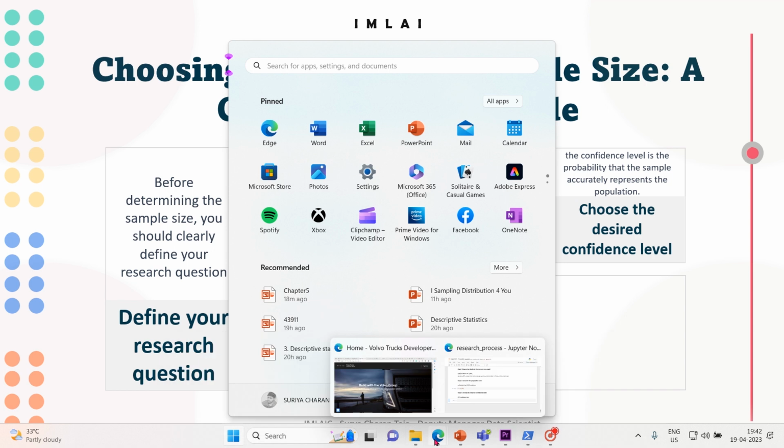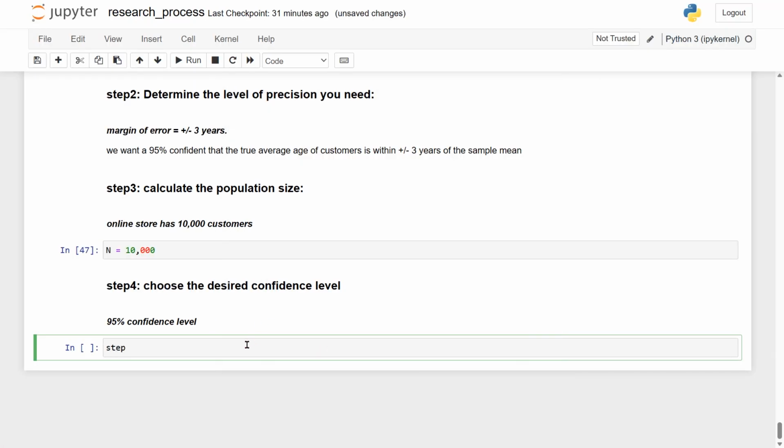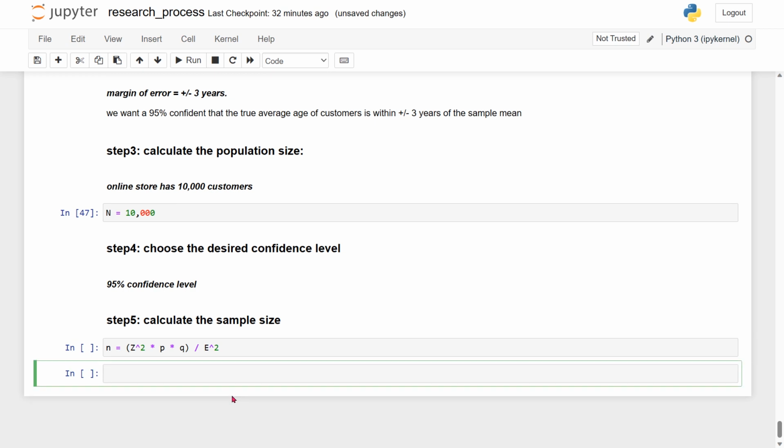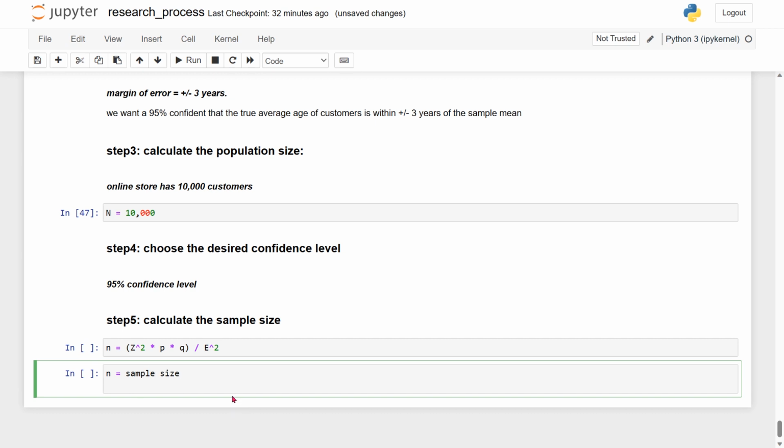Okay, let me come here. Step 1, step 2, step 3, step 4. Now step 5 is to calculate the sample size. So let's take a simple formula. n is equal to z power 2 multiplied by p multiplied by q, all divided by e power 2. This is the formula, where n is the sample size and z is the z-score